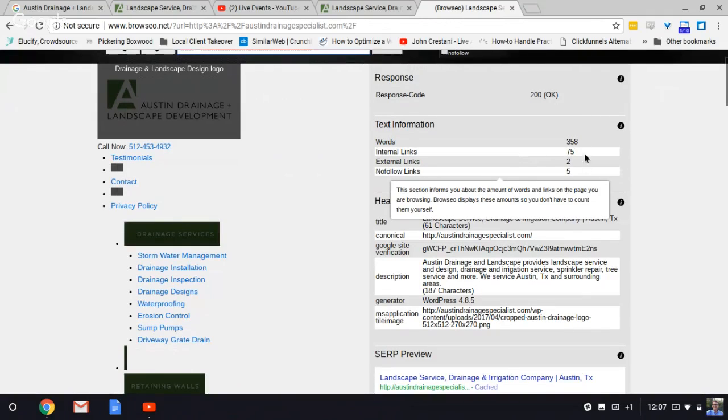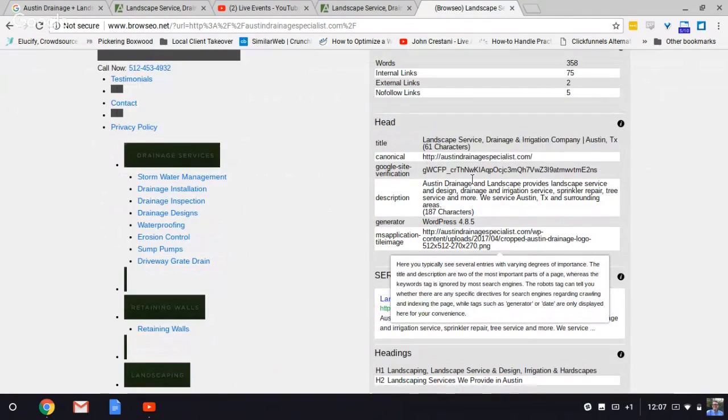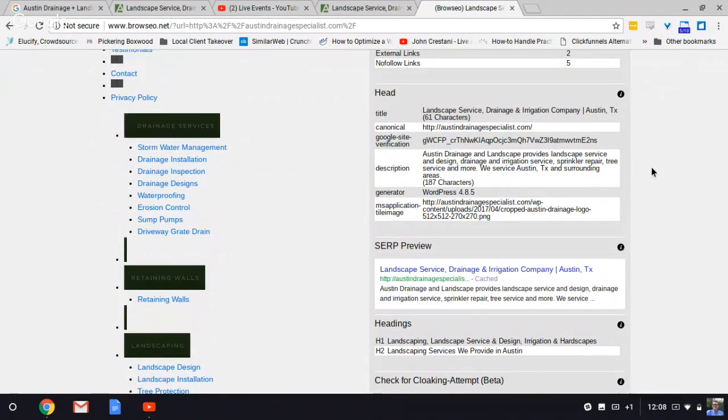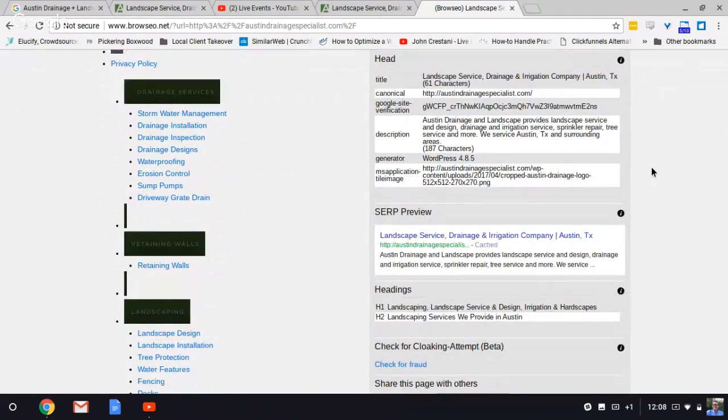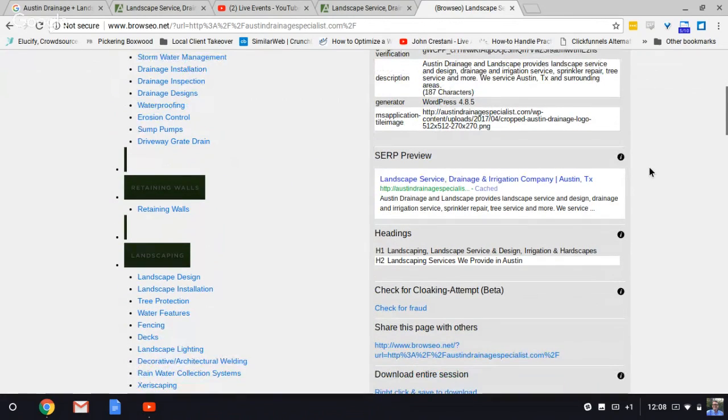Text information, you got over 300 words. Internal links, 75. External links, 2. Nofollow links, 5. Okay, your title, 61 characters. That's good. And description, Austin Drainage and Landscape provides landscape services and design. Okay, excellent.